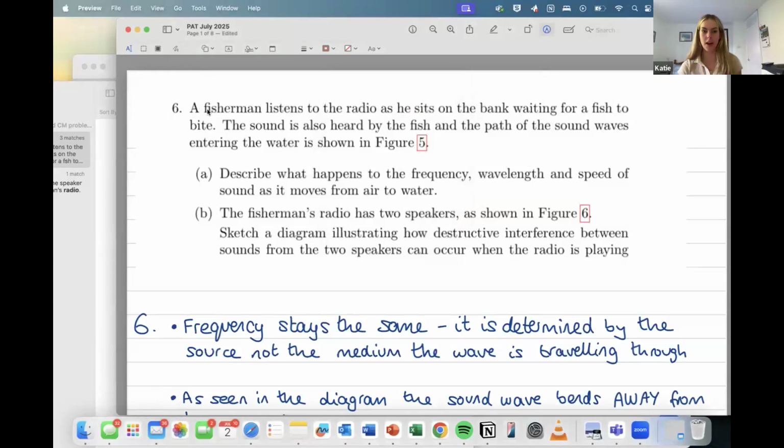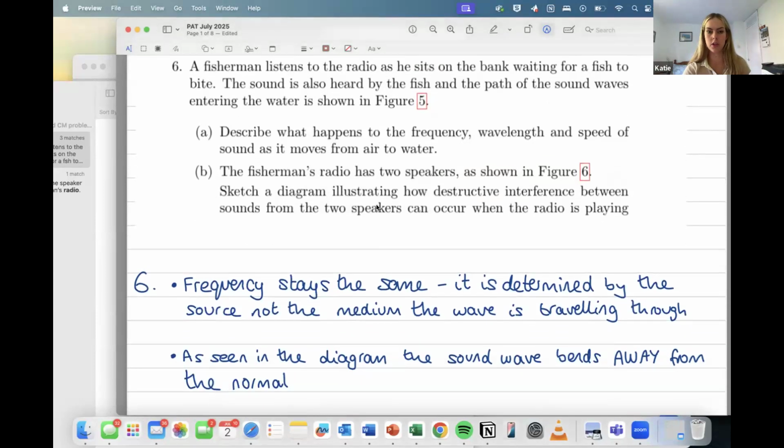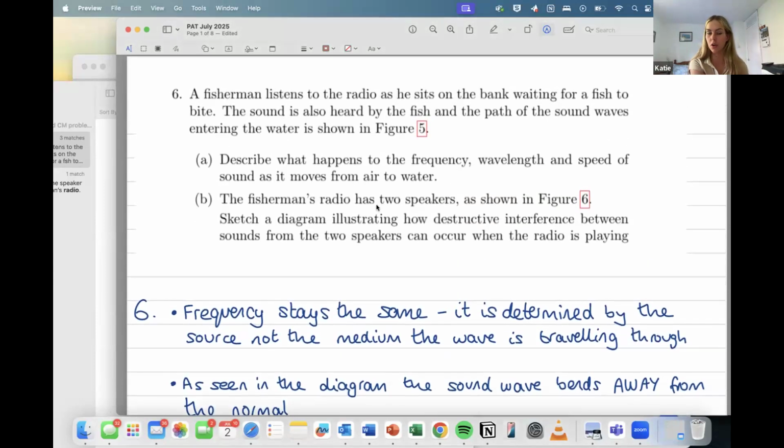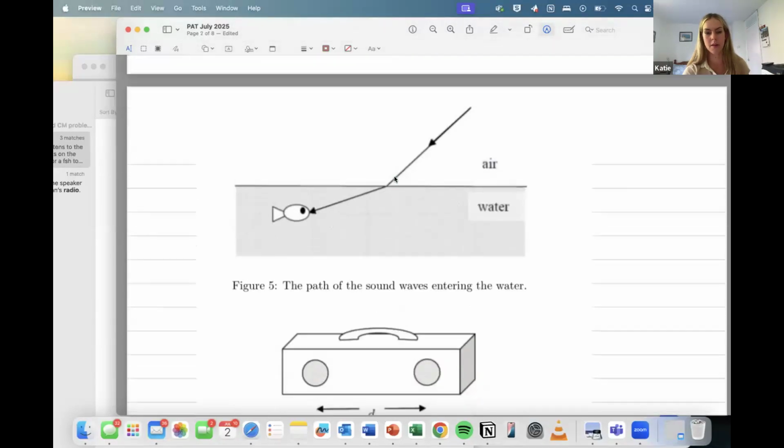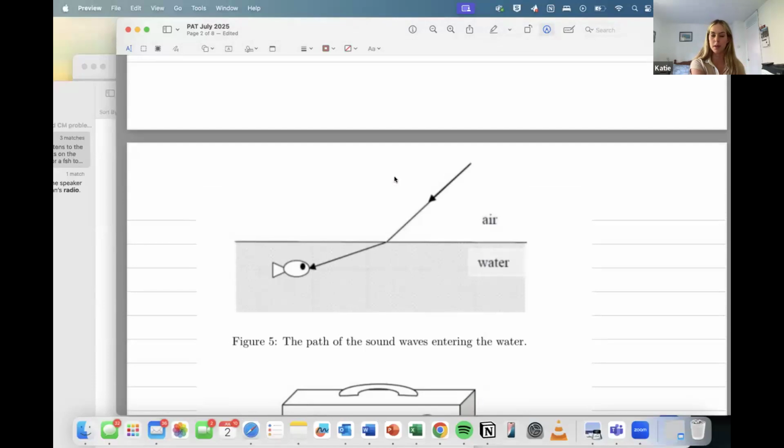Thank you. Okay, so I'm going back to question 6, before question 9. This one's about sound, not light waves, so don't be thrown off by that. You can do a lot of the problem with the same skills you've got from other examples. The first part gives you a diagram and gets you to explain what's happening to the wavelength, the frequency, and the speed as the wave enters the water.